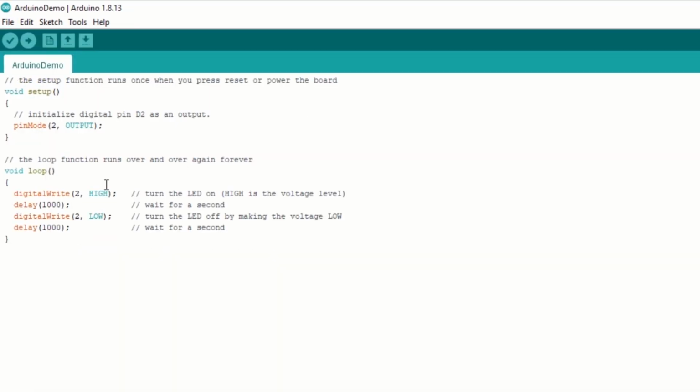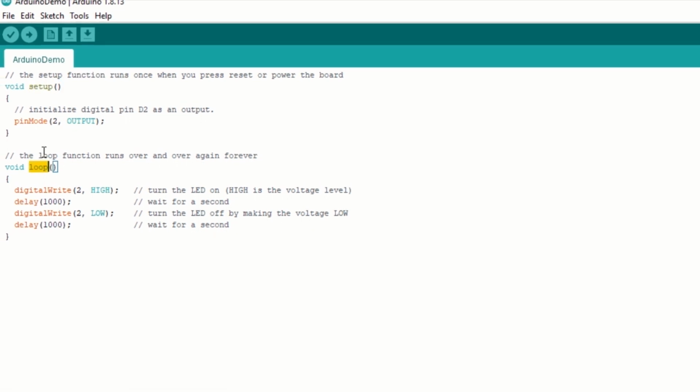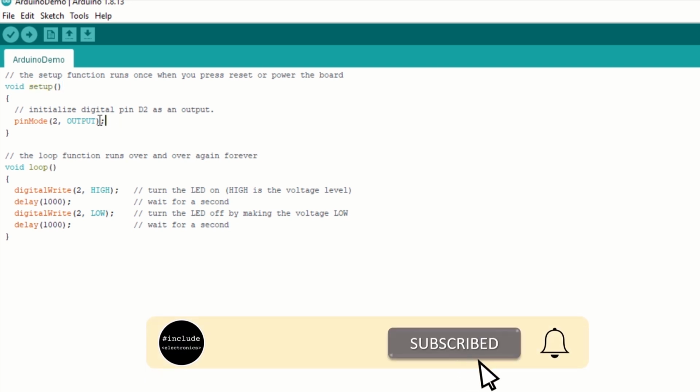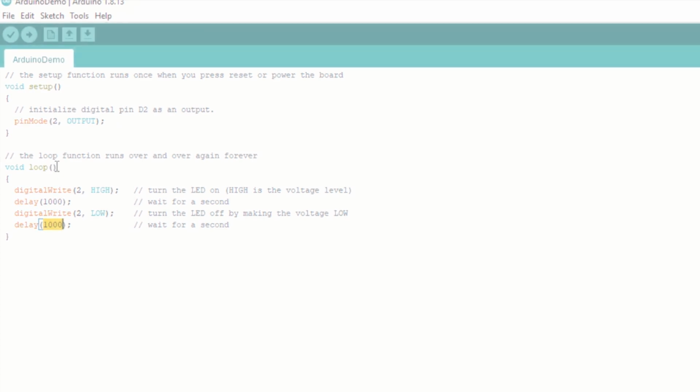Arduino programs are written in C++ language. We need to define two functions, setup and loop. The setup function is executed only once when the program starts running, so we can write code which has to be executed during startup. We will set up pin D2 as output. The main logic will go inside the loop function as it is called frequently. We will write a high value to D2 pin and wait for 1 second. Then set the pin value as low to switch off the LED and again wait for 1 second. This will be repeated continuously.